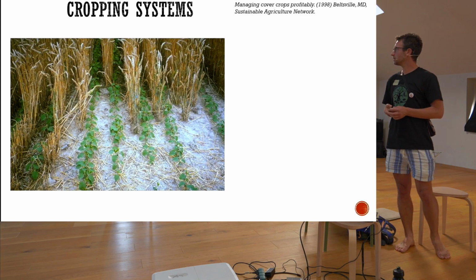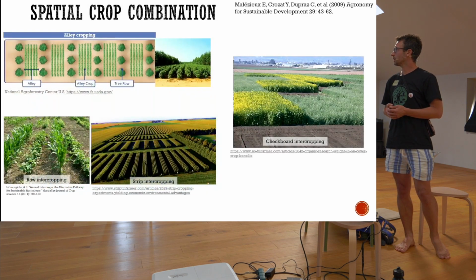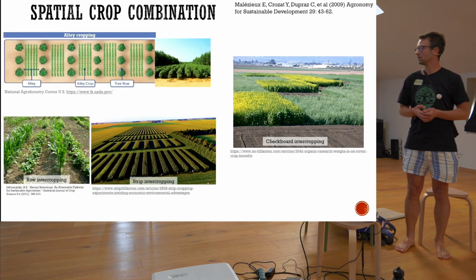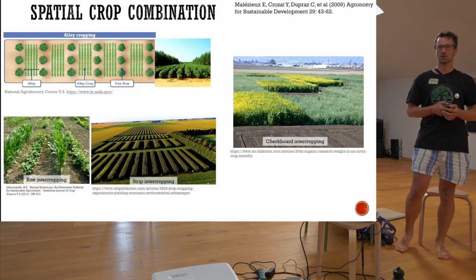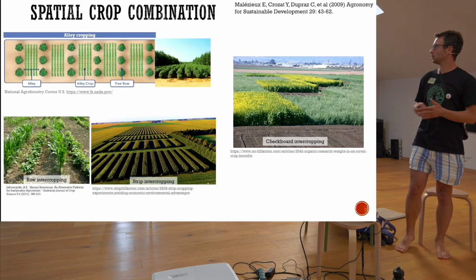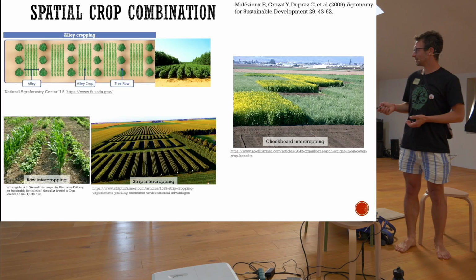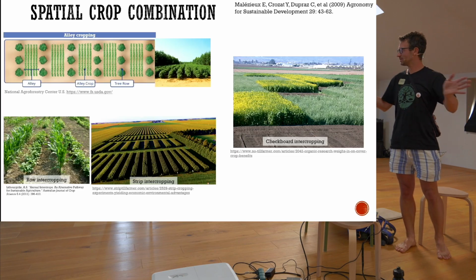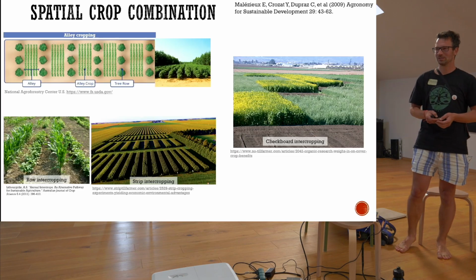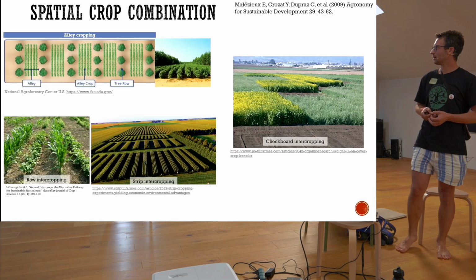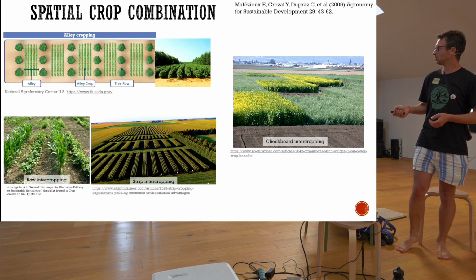And then the same logic applies to spatial combination: less competition between crops, the closer you plant them. If you want to have some sort of management, you plant them in rows. The roots could still interact and they could exchange nutrients, for example. But if you want to automatize this, you often plant in strips.